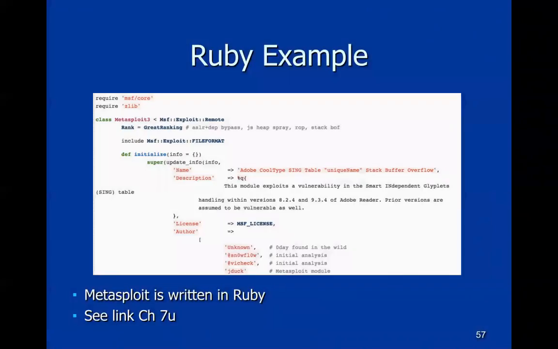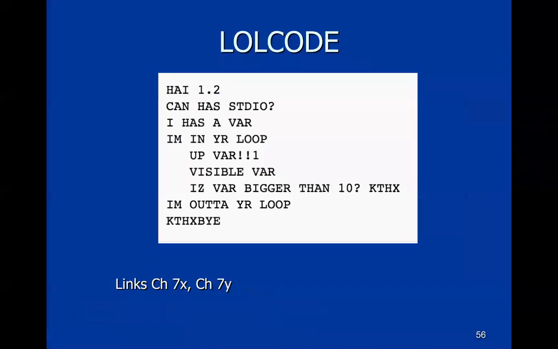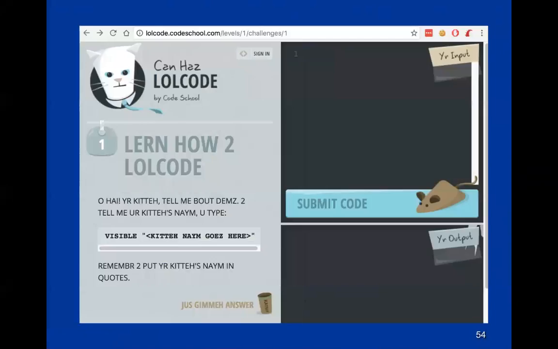So there are a lot of languages out there. A lot of them are written as jokes. There's LOLCODE. LOLCODE is based on lolcats. So you use "can I have," "I'm in your loop," "I'm out of your loop," "k thanks, bye" is what executes a loop, and so on. And then there are esoteric languages written just to confuse you. This is LOLCODE. There's an online LOLCODE interpreter. You can learn how to write things. VISIBLE is what prints things, and so on.